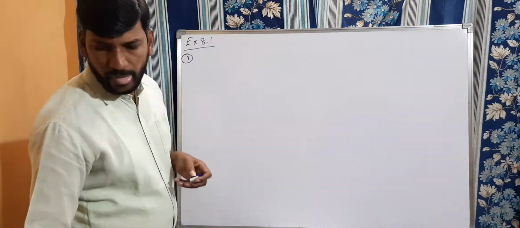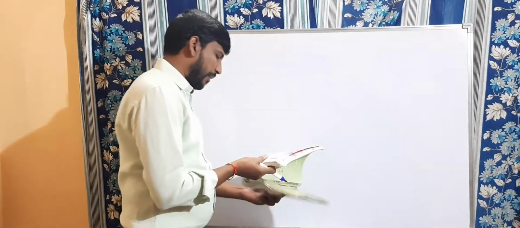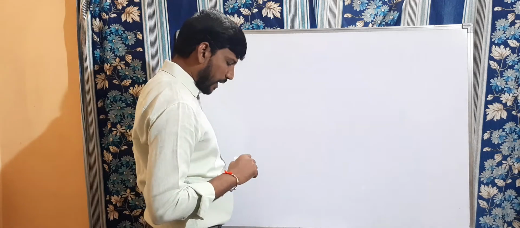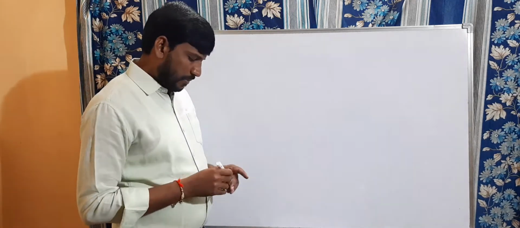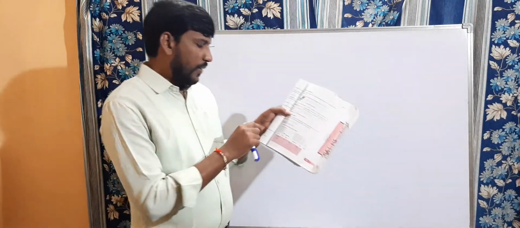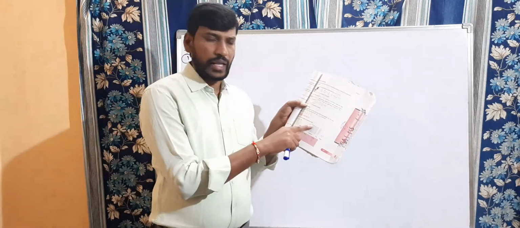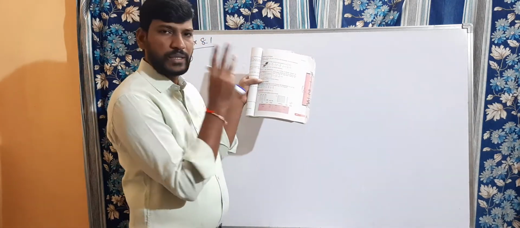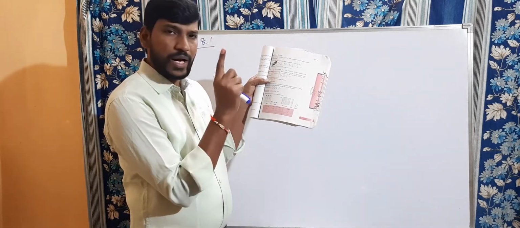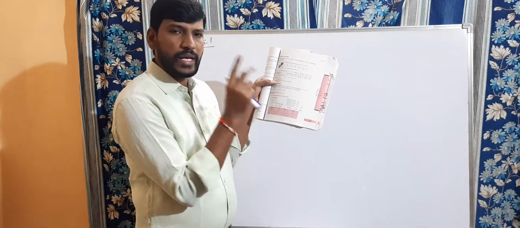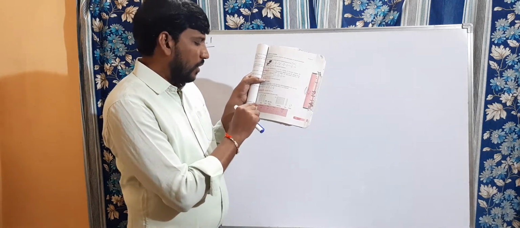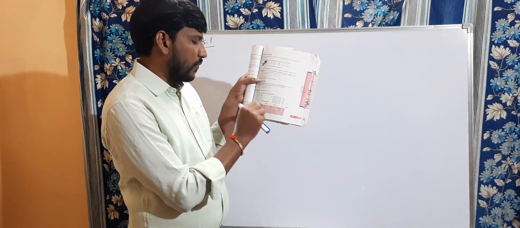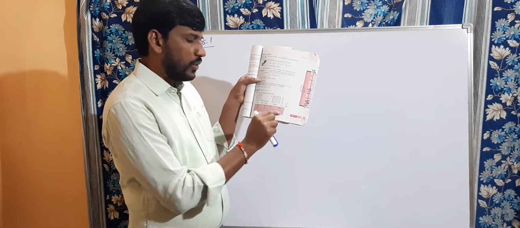See this here. In this first one, how many tens are there? 3 blocks are there. 3 blocks is nothing but 3 tens. Only ones, that is 1, is there. Tenths, how many are there? 2 are there. So 3 into 10, 1 into 1 and 2 into 1 by 10 part.